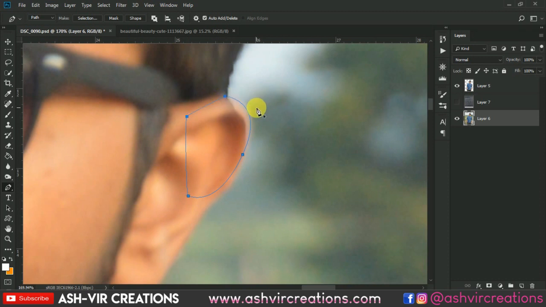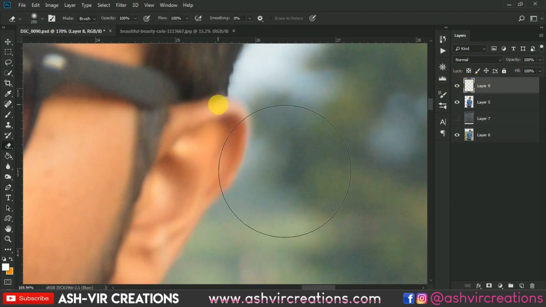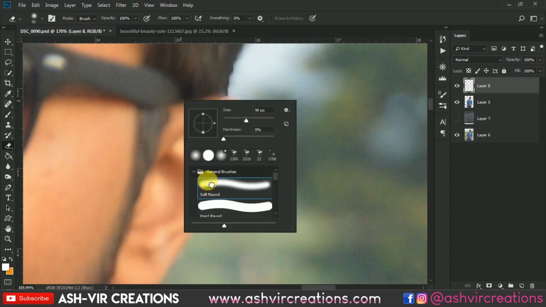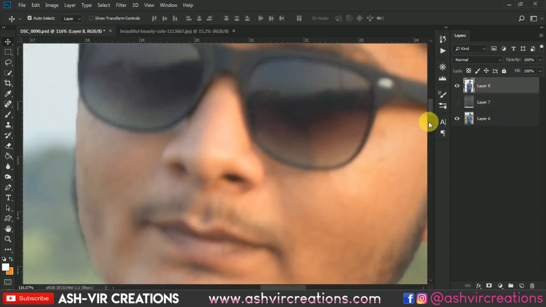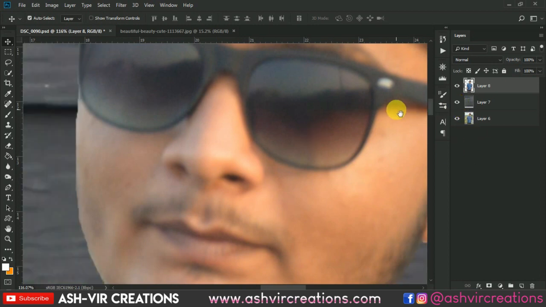Press Ctrl Enter to make it a selection. Press Ctrl C to copy that layer and just paste it over here. Let's select the eraser tool. And just merge both the layers. So finally, almost we have completed our